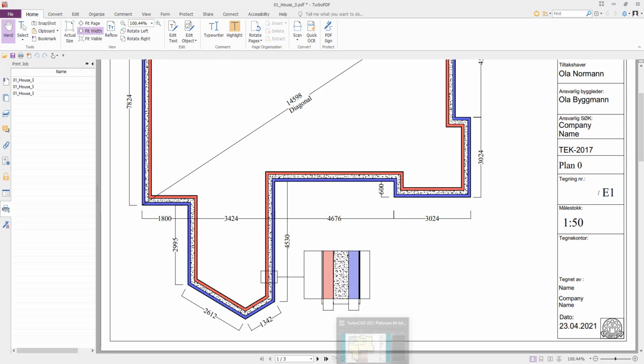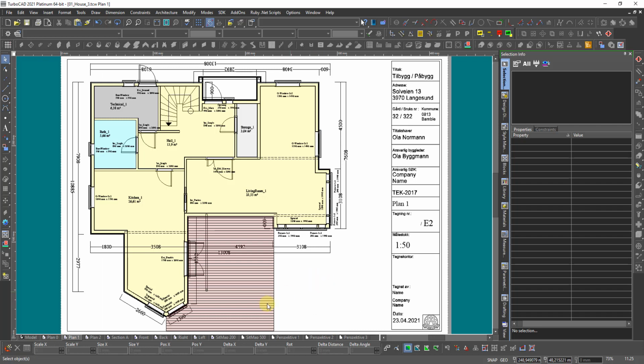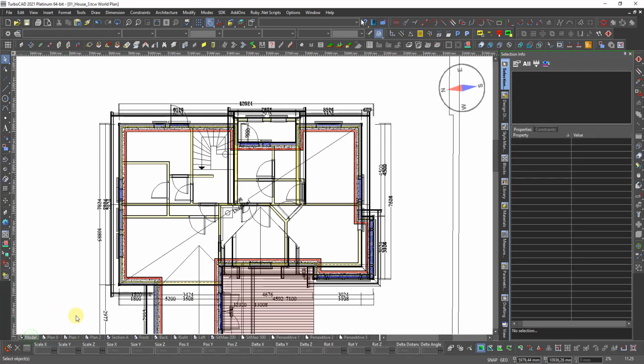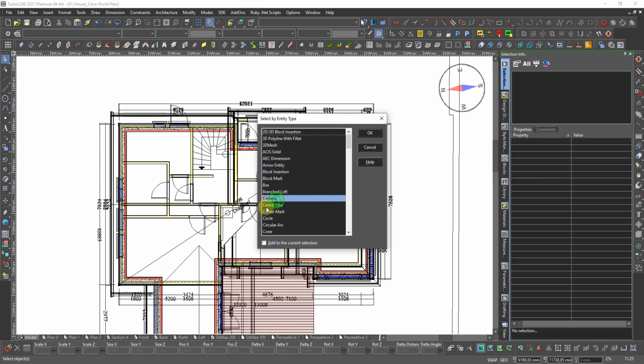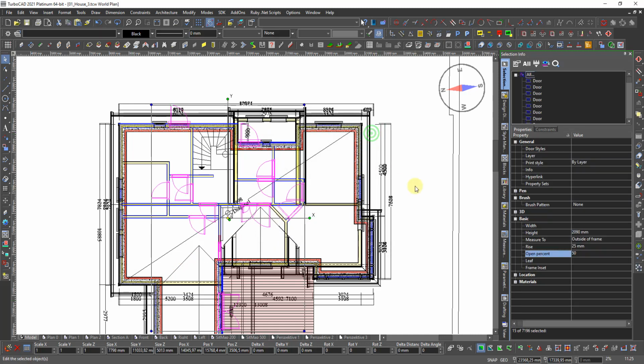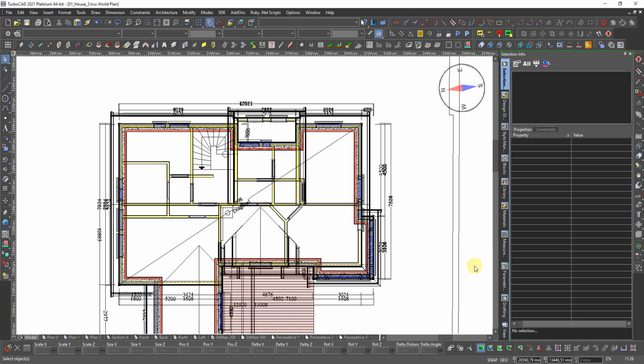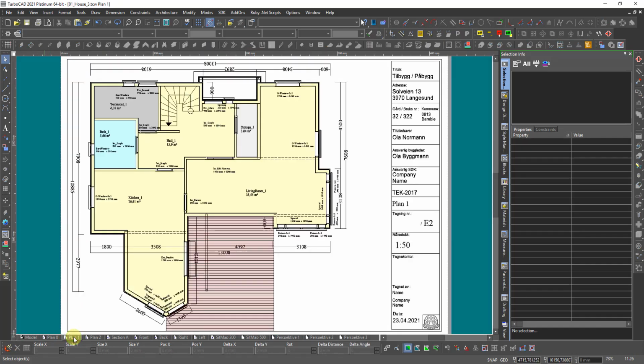I go back again to TurboCAD. To model space. Control T, D for door, OK, and then I close them up. Like this, and yeah, I go back here. They are now closed, and I print